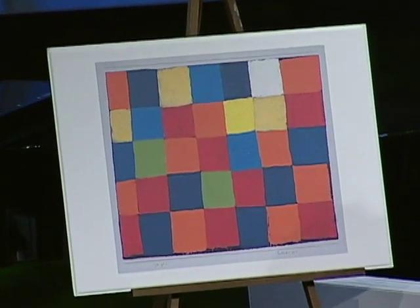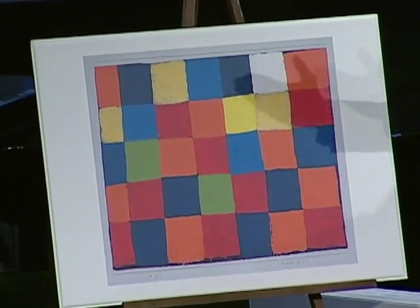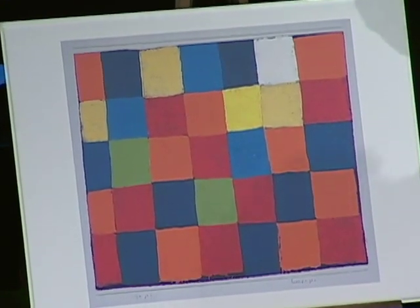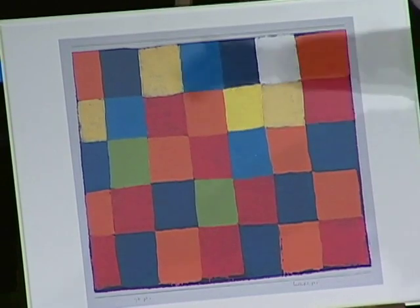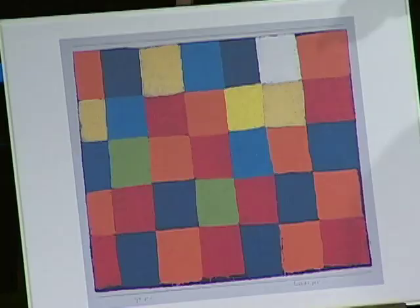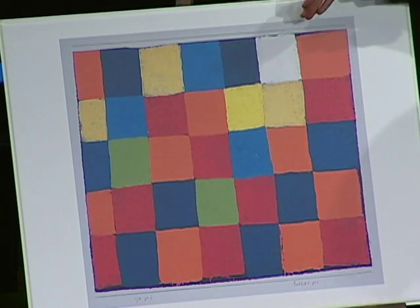The artist doesn't really seem to know where to put the different colors, the various elements of the picture. The whole thing is unstructured. We don't know. Mr. Klee was probably in a hurry. Maybe he had to catch a plane or something. We can see here he started out with orange, and then he already ran out of orange. And here we can see he decided to take a break for a square,